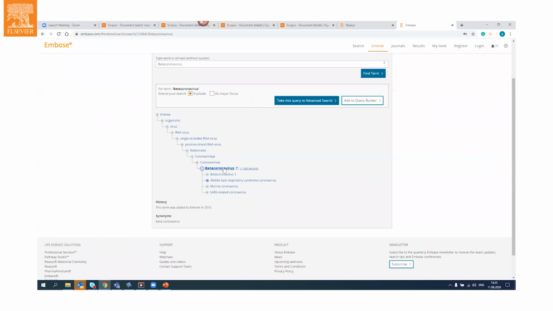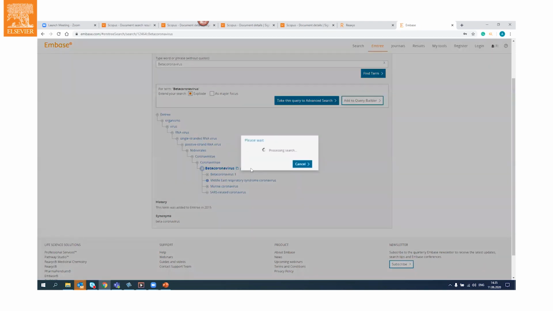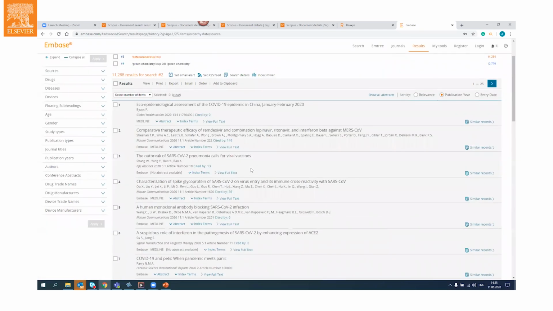We can search for COVID-19, and also we can search all the drugs which were implemented against all beta coronaviruses. But you have to keep in mind that after this idea generation stage, you will need to assess this information, because despite all the similarities, the viruses are a little bit different.